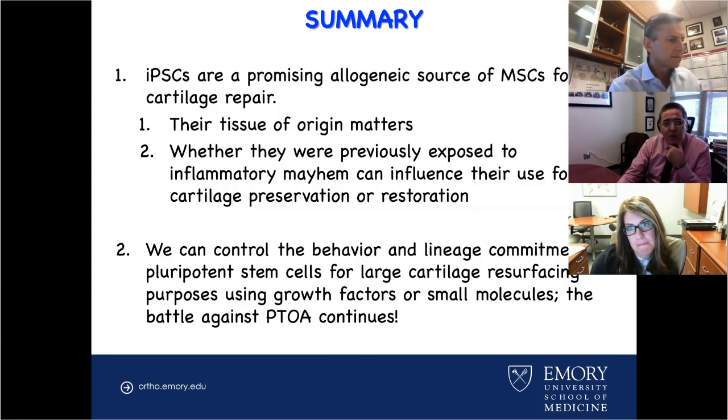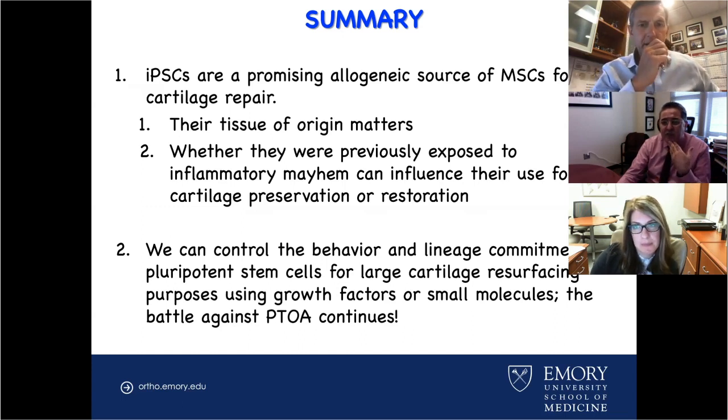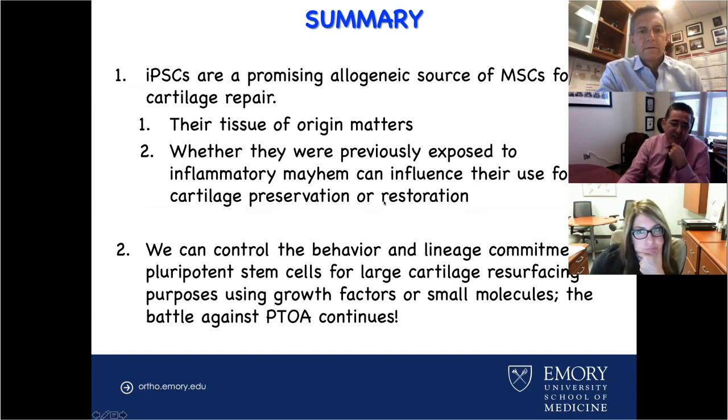So I think what we have learned is that induced pluripotent stem cells are a promising allogeneic source for MSCs, at least for cartilage repair. I would be really interested in knowing, once the safety issues are removed, whether we can use them also for cartilage preservation. Their tissue of origin, of course, matters, but whether they were previously exposed to inflammatory mayhem can influence their use for cartilage preservation or restoration seems to be a question that's worth asking